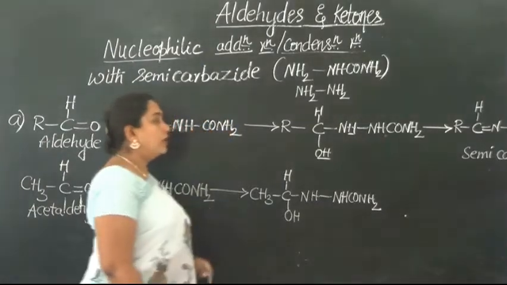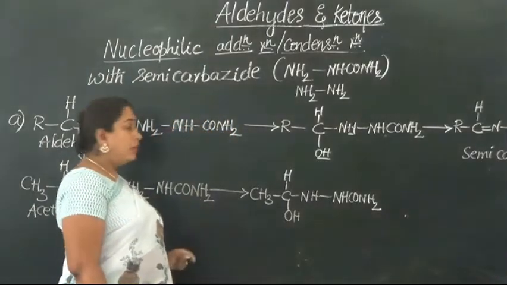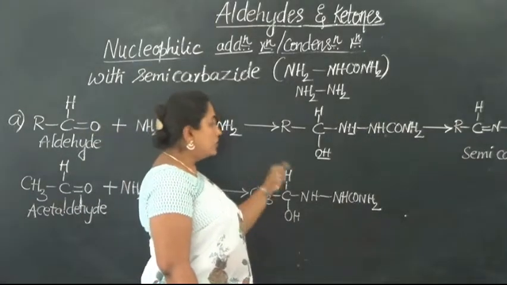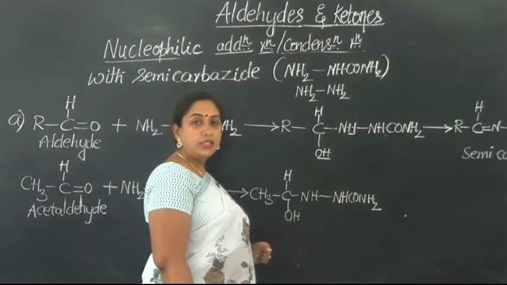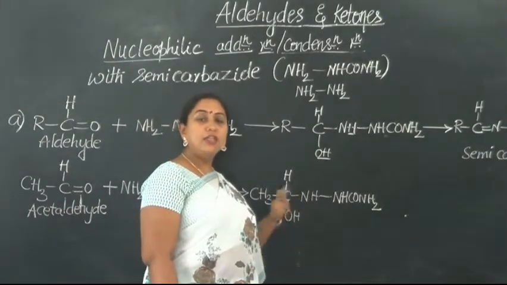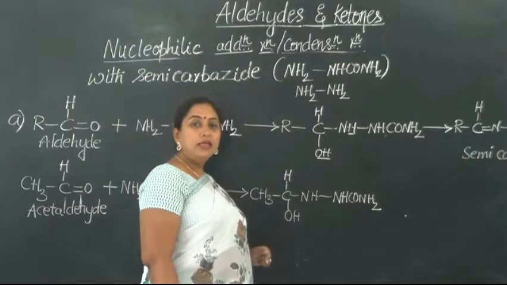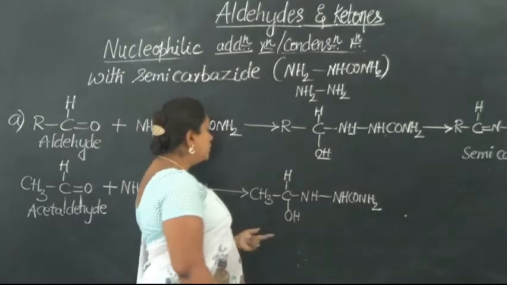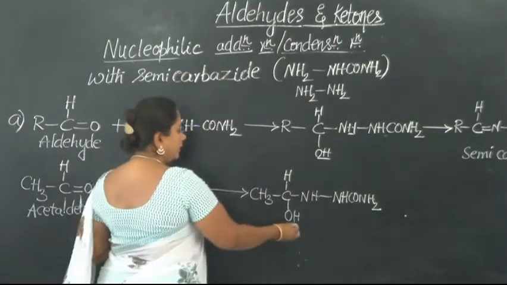Therefore it can be called condensation, because water is getting eliminated here. We can also call this a dehydration process. Any reaction associated with removal of a water molecule is generally referred to as dehydration. So now dehydration takes place,